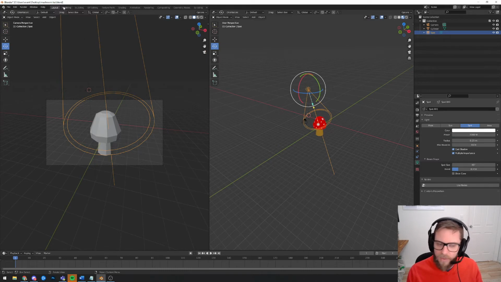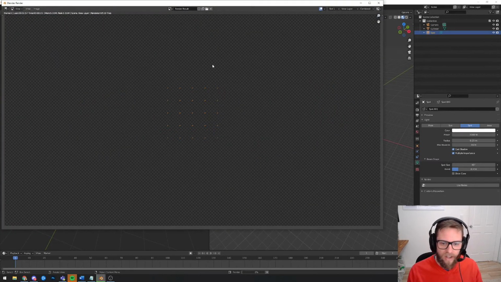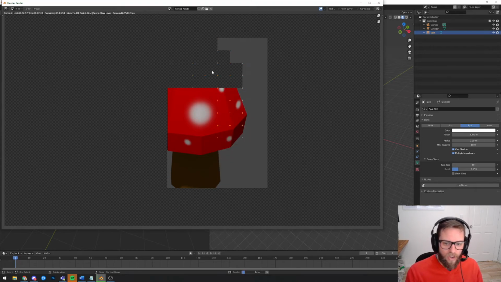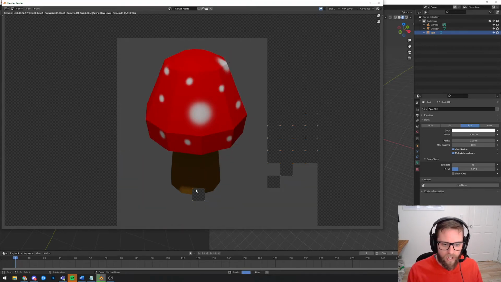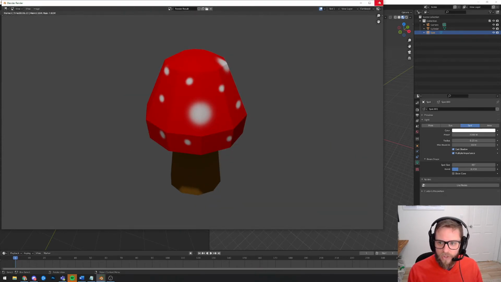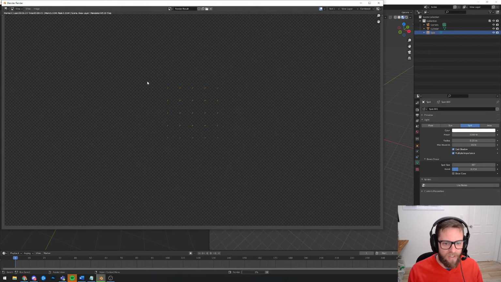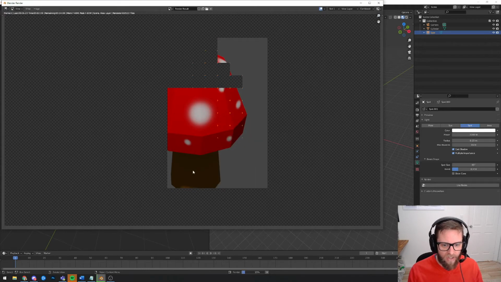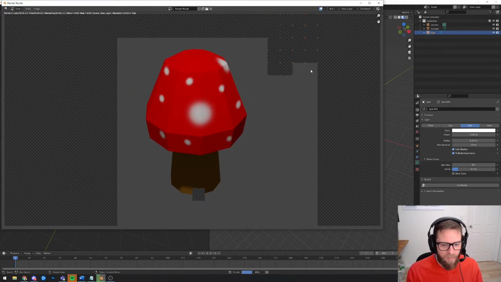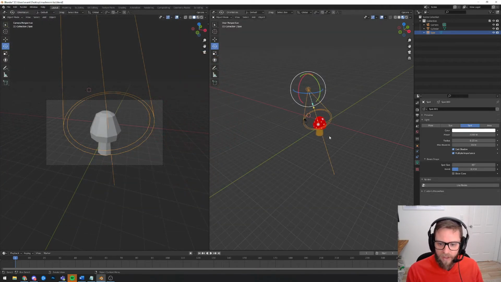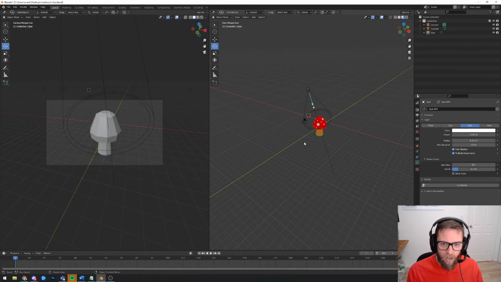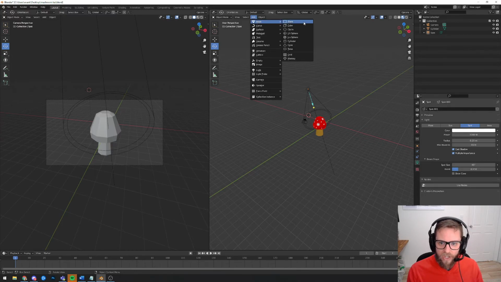If I crank that up to something crazy again, like 3000, and now render, it just gives you a different look. So I've got shadows down there. The other thing that you'll notice when I render is I've still got this sort of nothing background. There's no shadows being cast from my mushroom onto the floor, because in my 3D space we don't have a floor. That doesn't exist. And so what you could do while you're in object mode is choose add mesh plane,